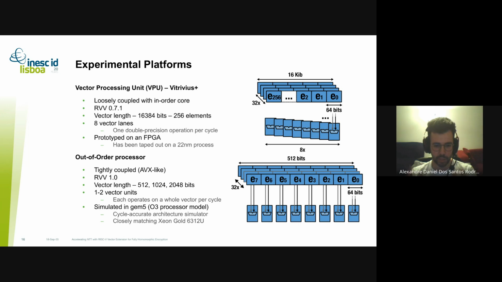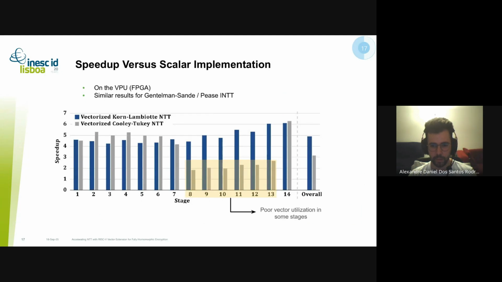And each vector unit can operate on the whole vector in every cycle, as you see here in this example. It is simulated in GEM5, the out-of-order processor model, which is a cycle-accurate architecture simulator. And we try to configure the microarchitecture to match as closely as possible a Xeon Gold 6312U, which you're going to see is going to be a relevant architecture